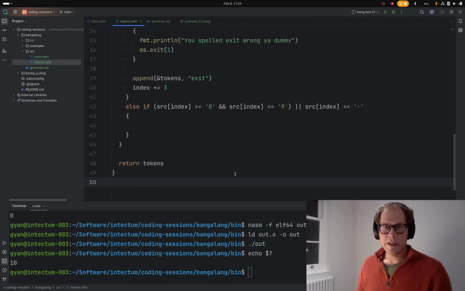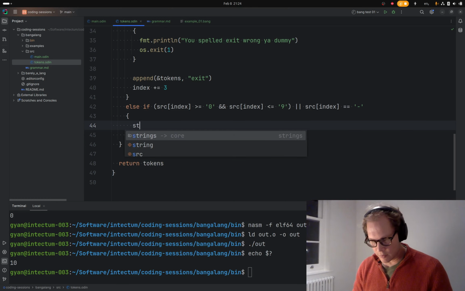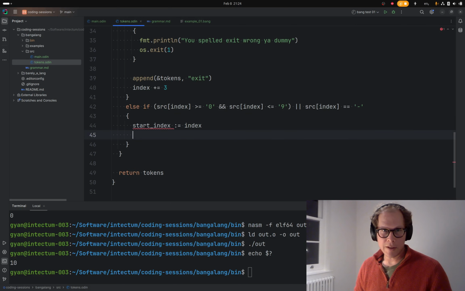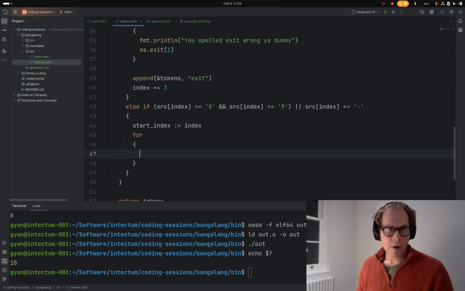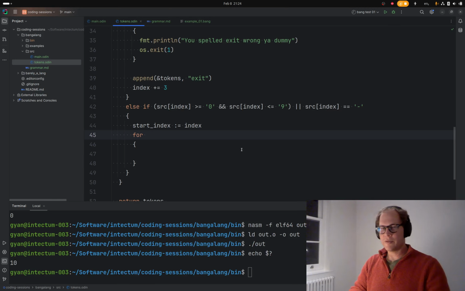Like that. And now the number. So now we're going to say, well, let's save the start index. And I've done it wrong. Oh, declared but not used. Yeah, that's fine. And then we'll say for, everything is for in Odin. There's no while loop. So this is a for loop that's going to look like a while loop. So for